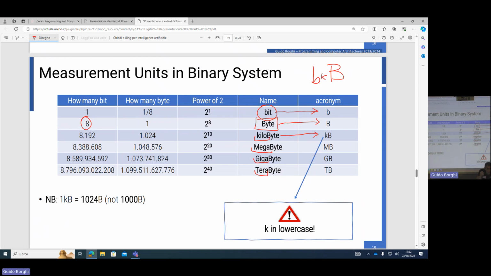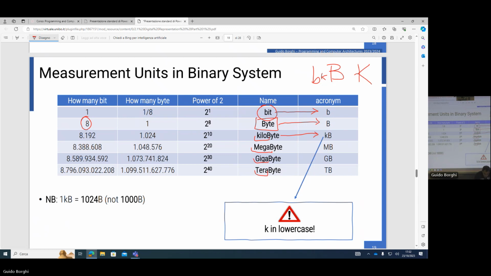Okay, when you write kilometers, kilogram, you must use the k in lowercase. Okay, please. We are not using Kelvin, but kilo. Okay, Kelvin is expressed with the uppercase K. Okay, so if you use the K in uppercase it is Kelvin, if you use k in lowercase it is kilo. Okay, the meaning is 10 to 3, 1000. Okay. So kilobyte is